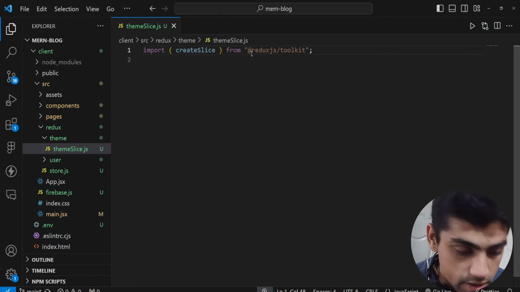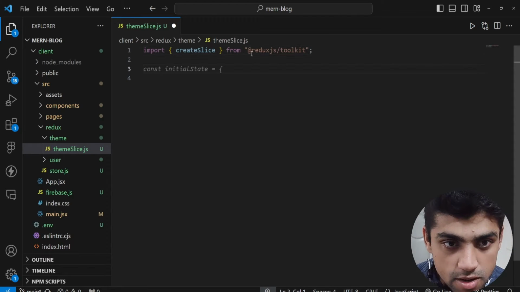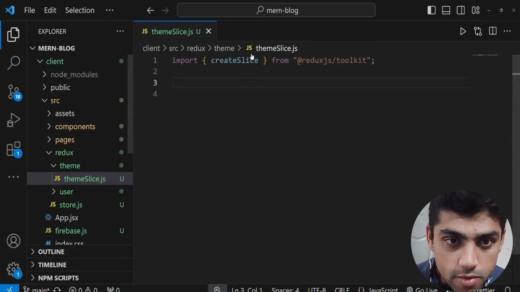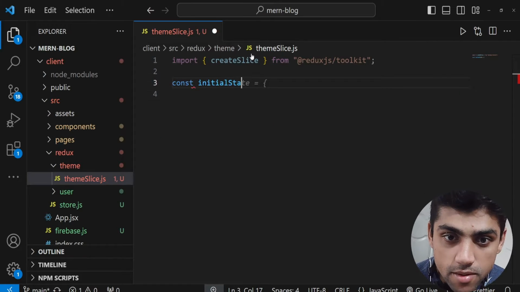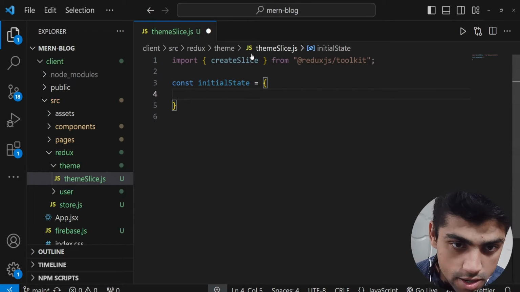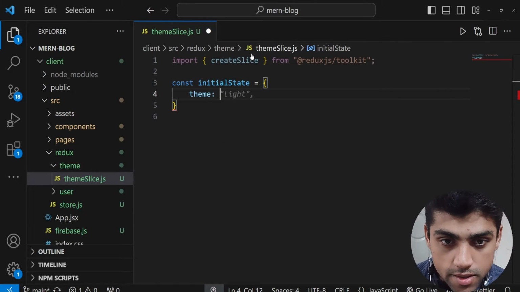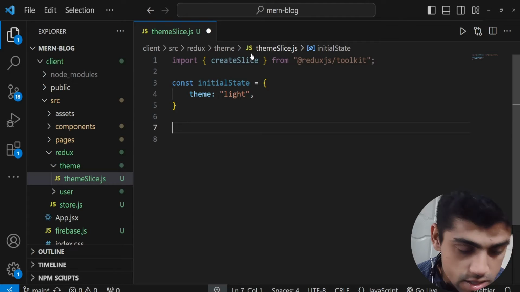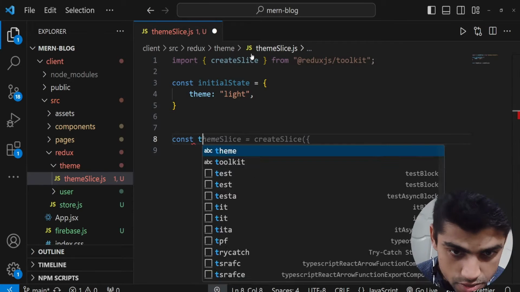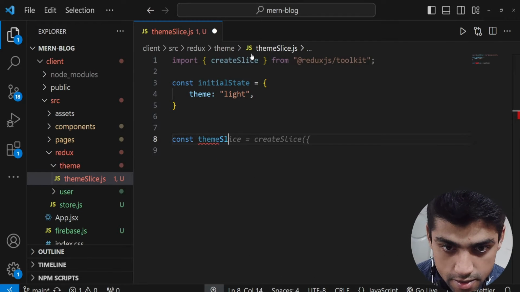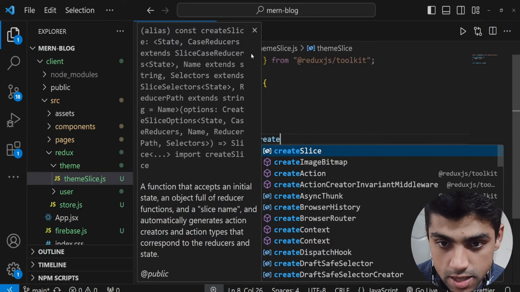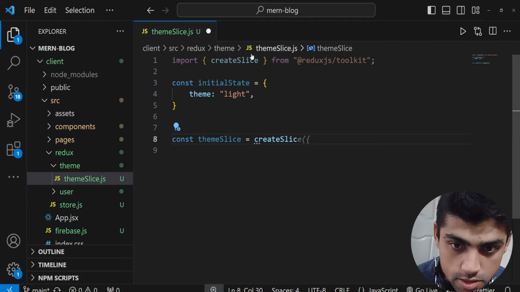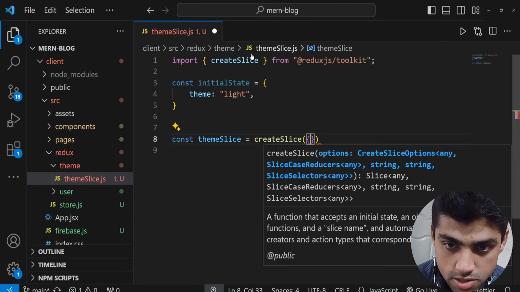Okay, so now over here we basically want to do the same process that we've done before. We have a const initialState, and we want to make the initial state a light theme. So we could say theme colon light. Okay, and then we want to make a const themeSlice equal to createSlice, and in here you put the round bracket,